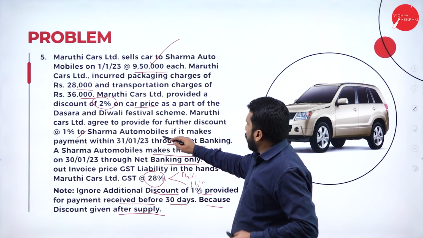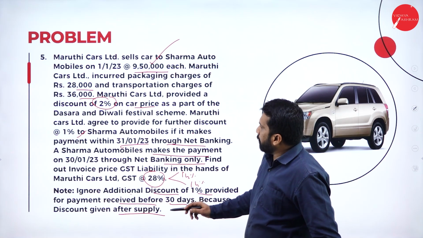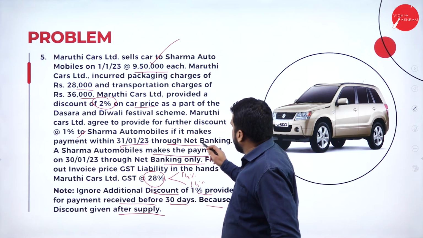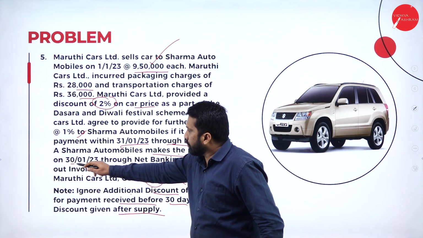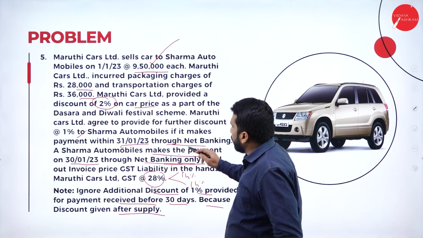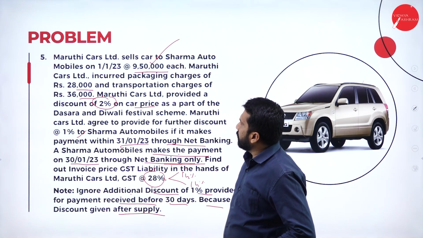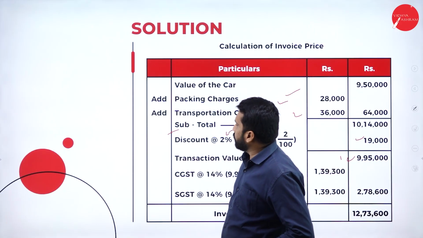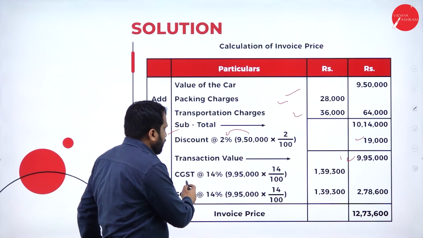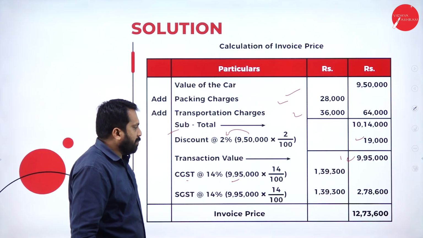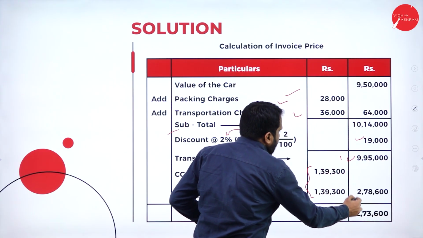Payment is made. Sharma Automobiles makes the payment within 31st 2023, by net banking. Sharma Automobiles makes the payment on 30th 1 2023 through net banking only. Find out the invoice. So, the payment is made within 30 days. Now, in this, discount is given 2% and the CGST is calculated at 14%, SGST at 14%. After this, your final answer